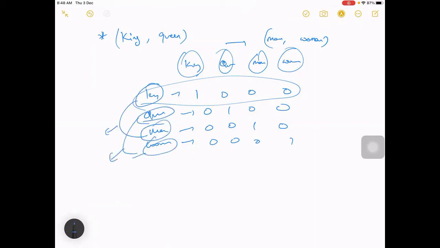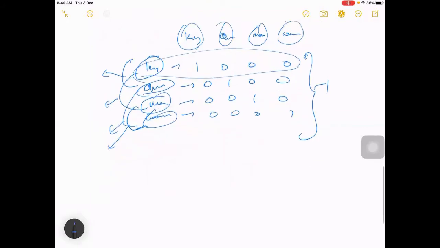Right? And if you take royalty, or be related in some other sense. If you see this, each of them is independent of the others, and they are also orthogonal. In case you want to calculate a similarity, what we used to do, just as I have discussed in earlier sessions.